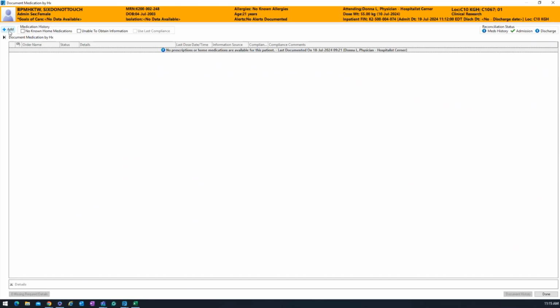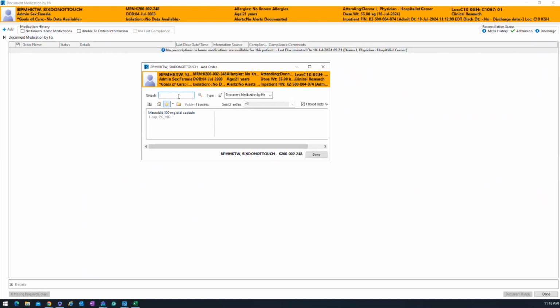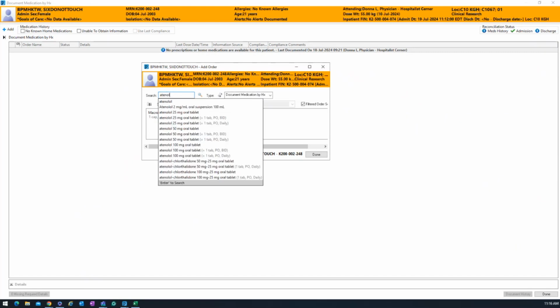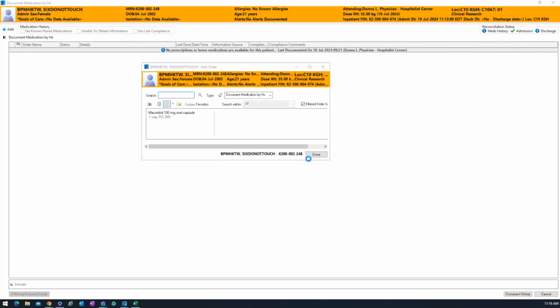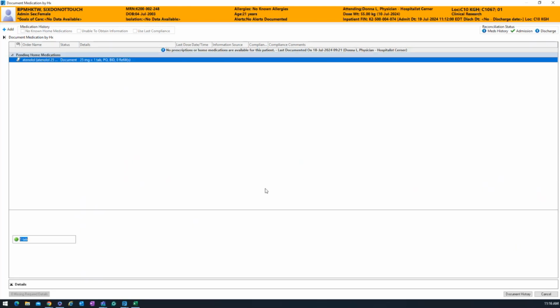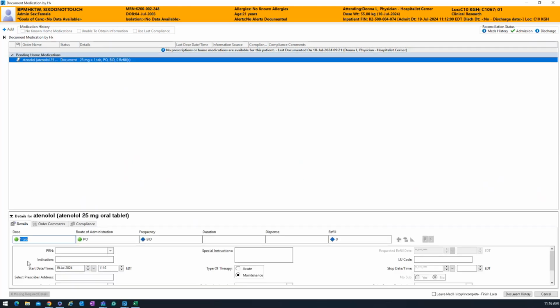So I'm just going to add, then you just add like atenolol. We'll say atenolol 25. There we go. You can see here, I'll drop down. It looks all good. And we're going to document it as that's their only